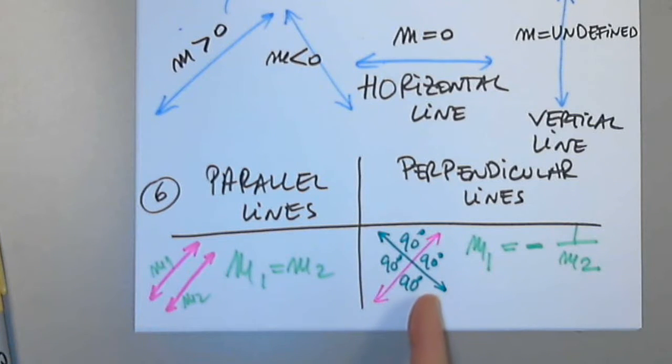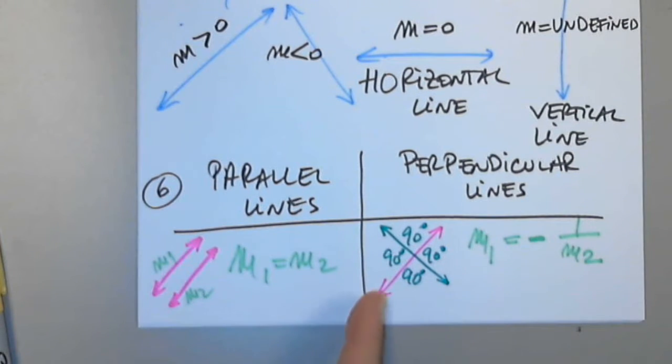So for example, if the slope of one of them is 1/2, what should the slope of the other one be? -2. Right. What if the slope of this one is 2/3? What should this one be? 3/2. Right? I prefer, this is the relationship in most books, but the way I remember it, and I think